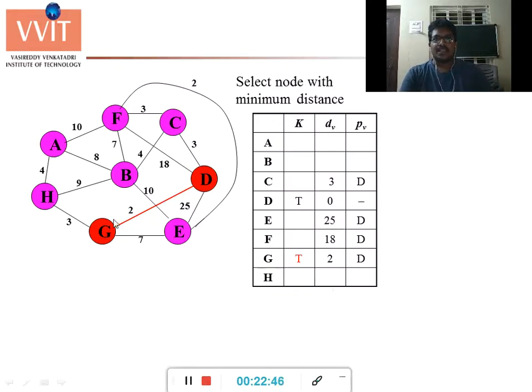And then from G to H is 3, so here I have to mark 3. Because these two are the adjacent nodes for G, I will update these two values. So from G to E it's 7 and from G to H it's 3. So I have updated these values.